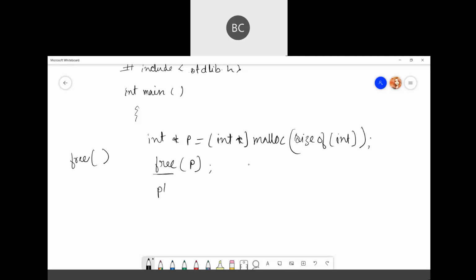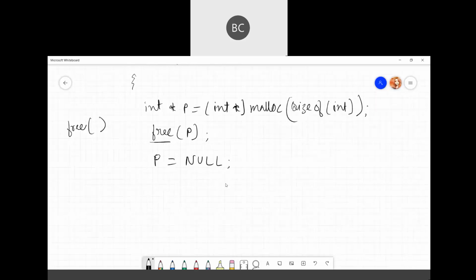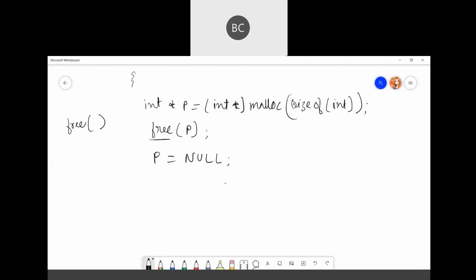So first it has certain memory, then you free that memory location, but it's still pointing to it. So it's your dangling pointer.